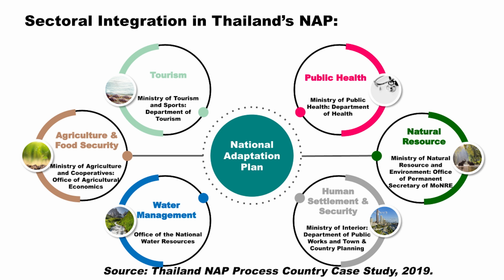Thailand's NAP integrates 6 sectoral priorities including water management, agriculture and food security, tourism, public health, natural resource management, and human settlement and security. It involves the Office of Agricultural Economics in the Ministry of Agriculture and Cooperatives, as well as the Department of Tourism in the Ministry of Tourism and Sports, the Department of Health in the Ministry of Public Health, the Office of the Permanent Secretary in the Ministry of Natural Resources and Environment,